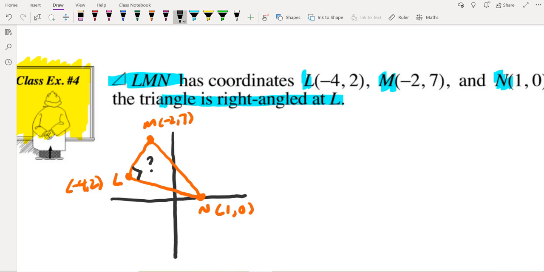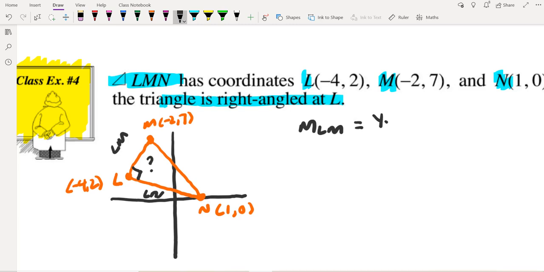Are they perpendicular to one another? So we need to check if the line LM and the line LN are perpendicular. So we need to find those two slopes and do our perpendicular test. Right? So our slope, apply our slope formula,